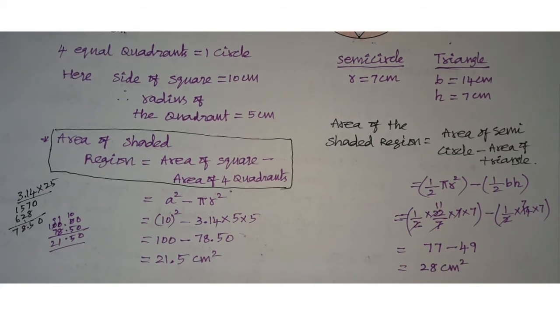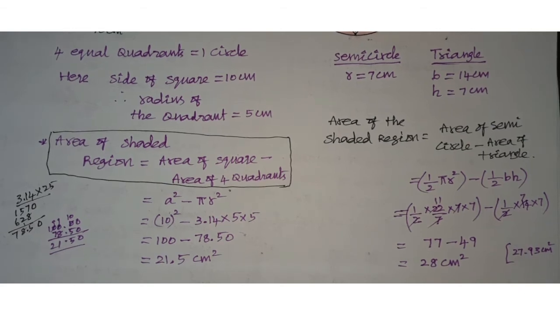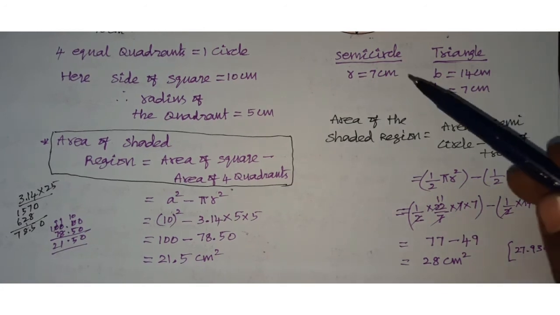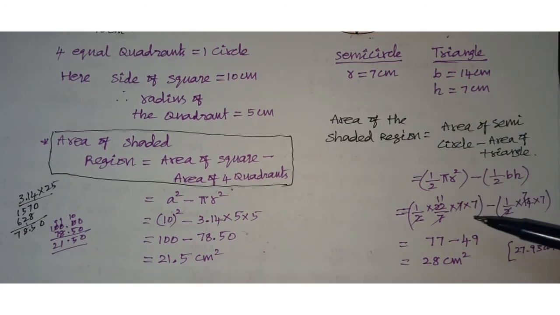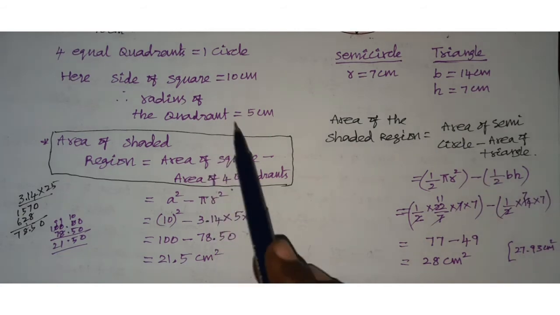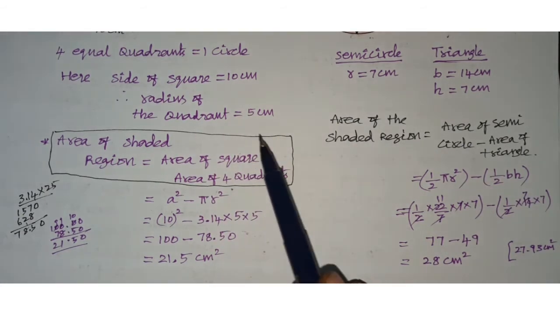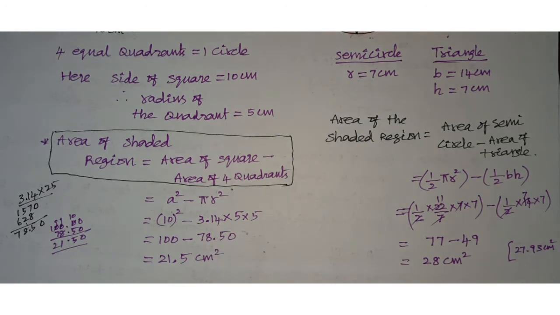In your textbook they give 27.93, because they use pi equal to 3.14. This rounded value is nothing but 28 only. So students, whenever in the question the radius is a 7 table value, we can use 22 by 7. If not, here the radius comes 5 centimeter, it is not a 7 table, so here we use 3.14. Okay. I hope you understand these sums. Well, next we will see the third sum.